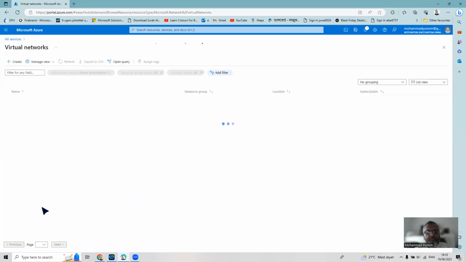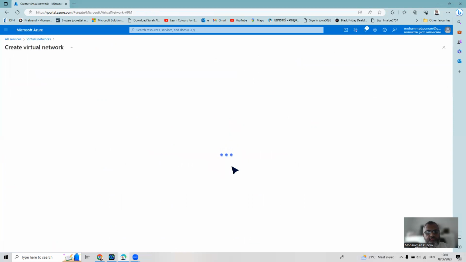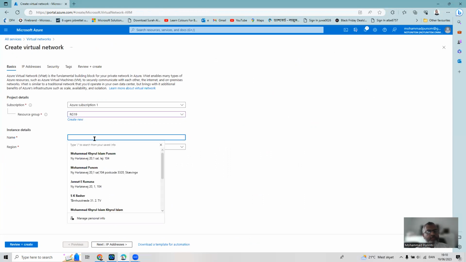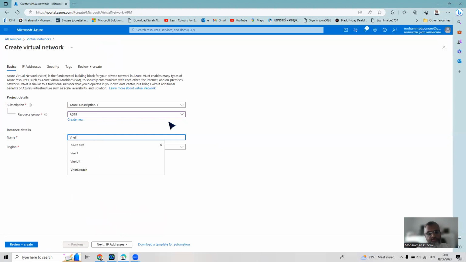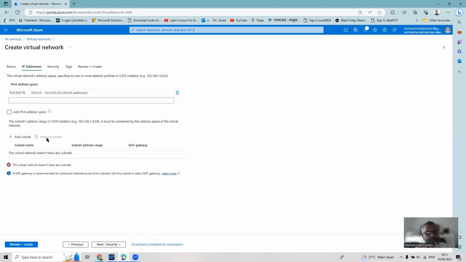Get the virtual network. I click create and then select the resource group, which was created a few minutes before. I give a name to this virtual network, VNet 19. Next, IP addresses. I keep the default IP address range, but I remove this default subnet and create